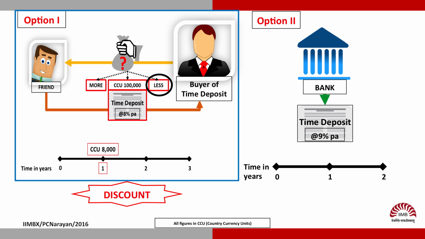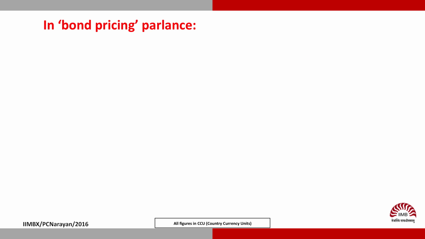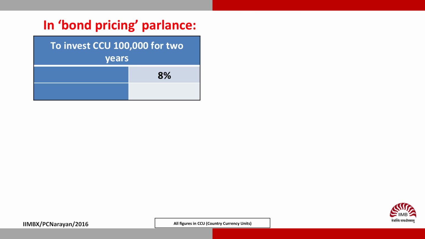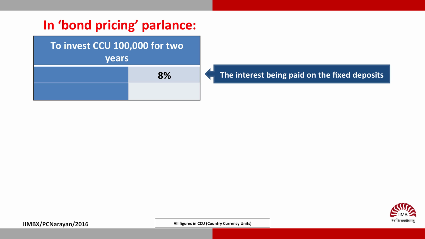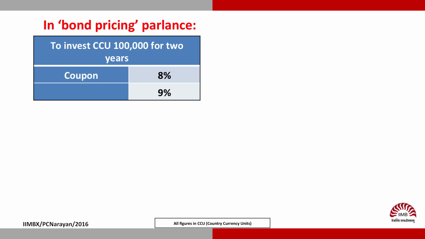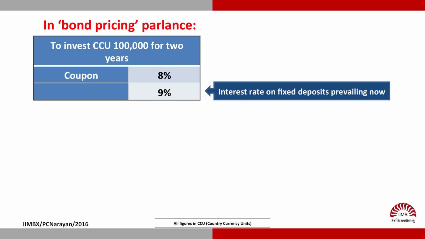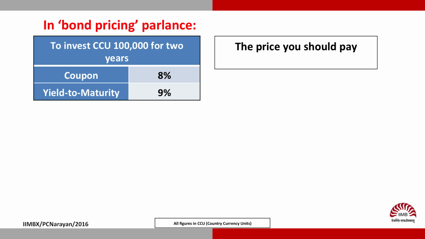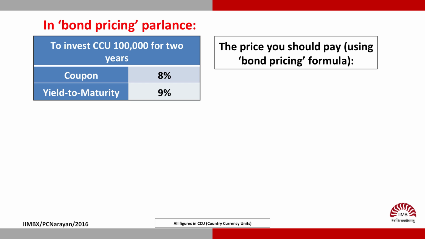The obvious question is, how much less? In bond pricing parlance, the 8%, that's the interest being paid on the fixed deposit, is the coupon rate, and the 9%, which is the interest rate on fixed deposits prevailing now, is the yield to maturity. Accordingly, the price you should pay your friend to buy his time deposit using the bond pricing formula based on